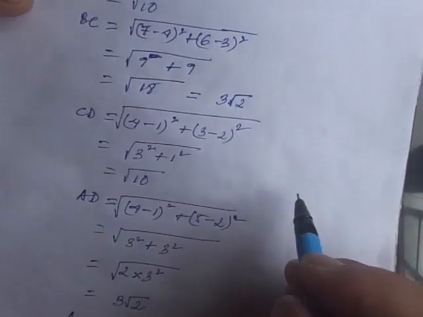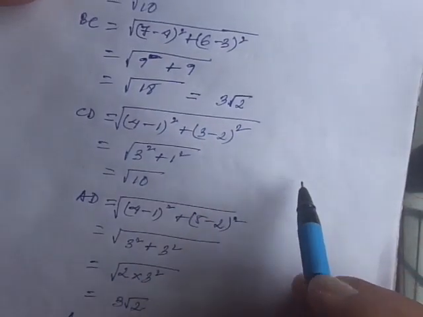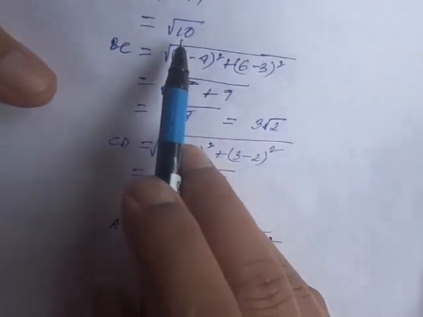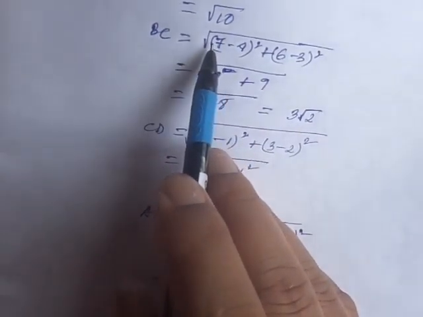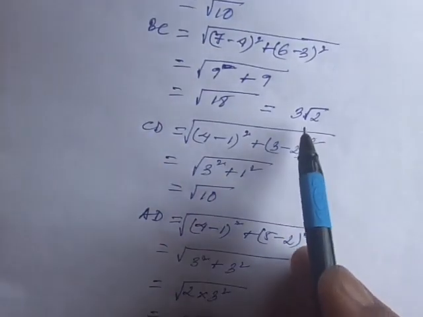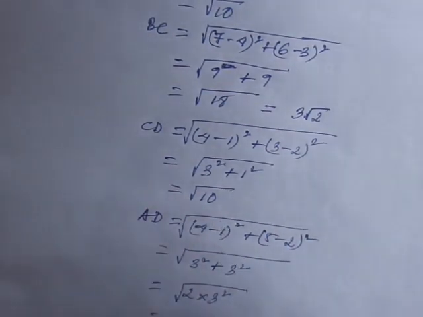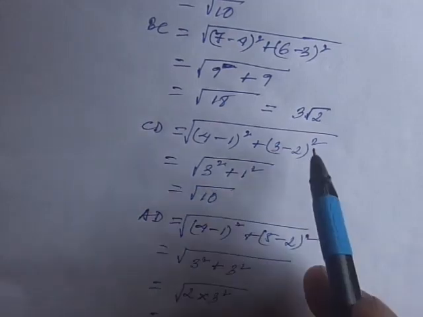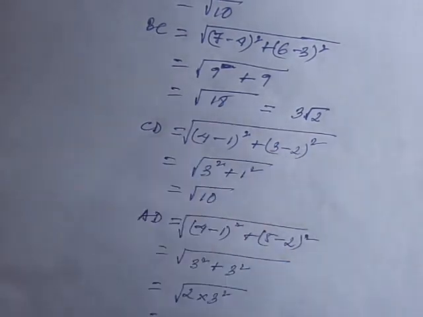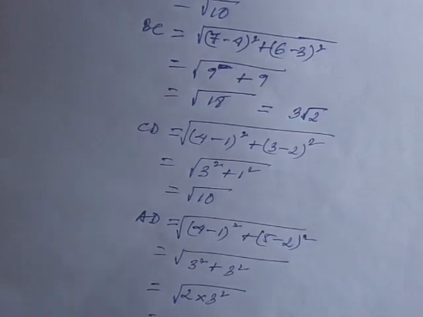Now here AB is root 10, BC is 3 root 2, CD is root 10, DA is 3 root 2. Opposite sides are equal and diagonals are not equal here. That means this is a